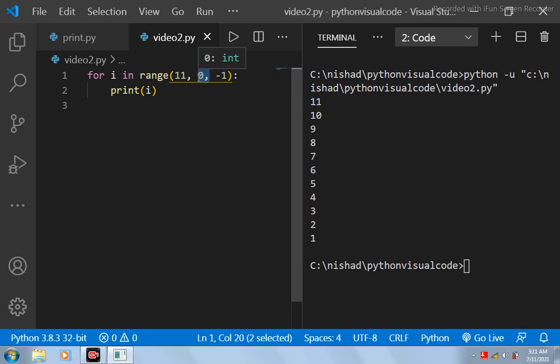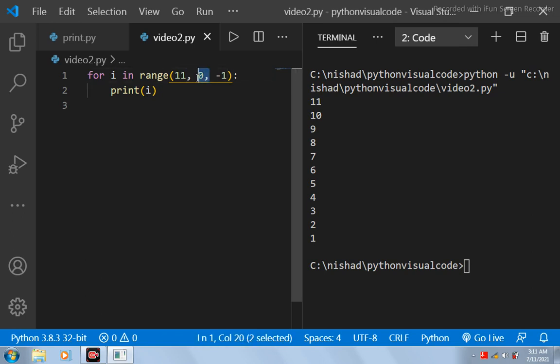In a forward sequence, 1, 2, 3, 4, 5, 6, 7, 8, it always stopped one value before the specified value. If I had specified 10, it stopped at 9. So here also it will stop one value before the specified value.